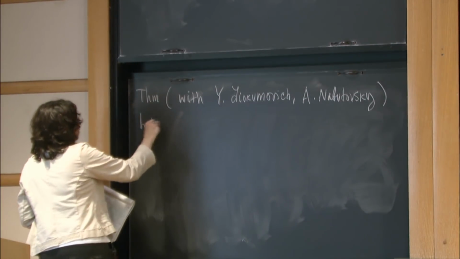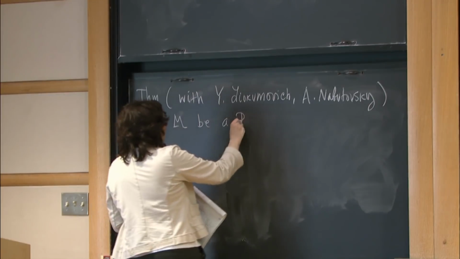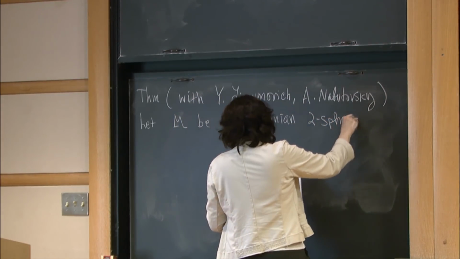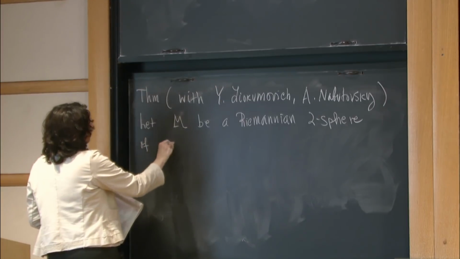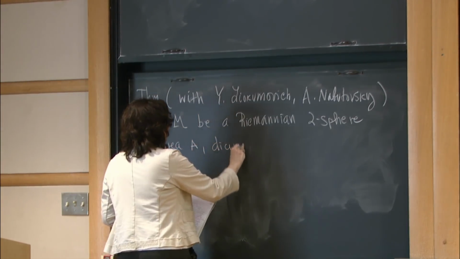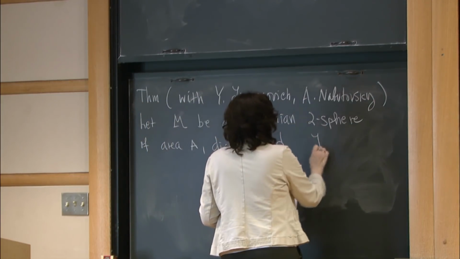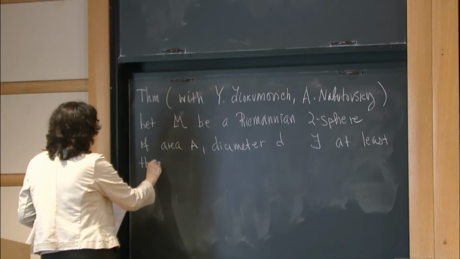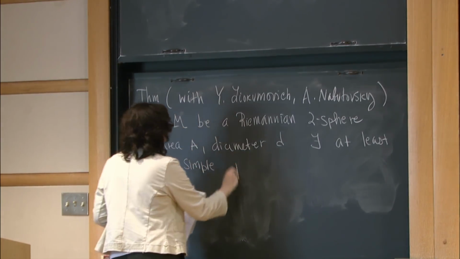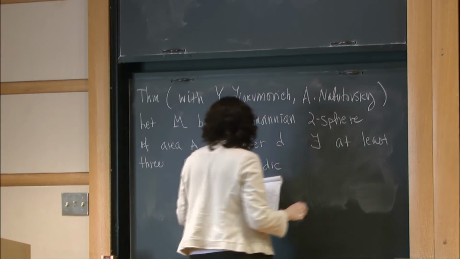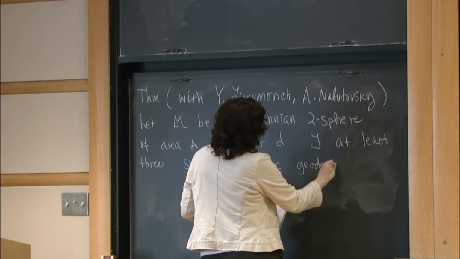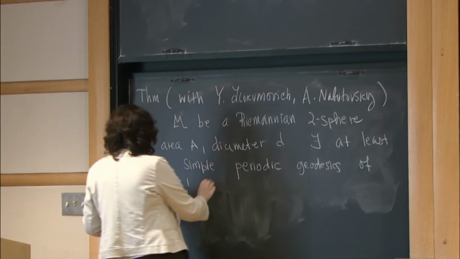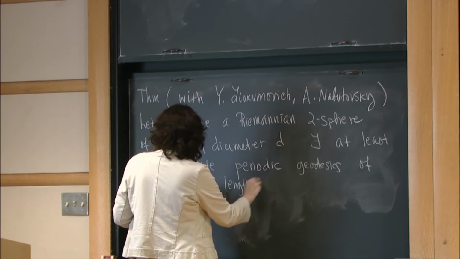So let M be a Riemannian two-sphere of area A, diameter D. There exist at least 3 simple periodic geodesics of index, of length that is bounded by